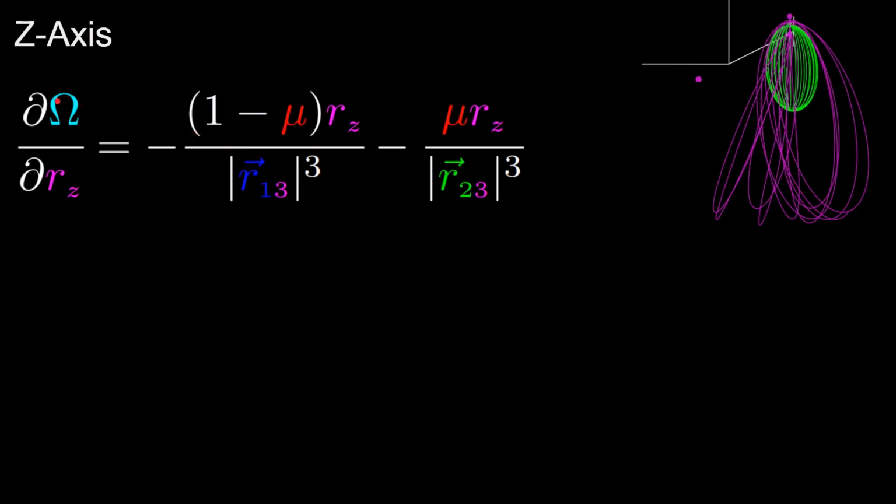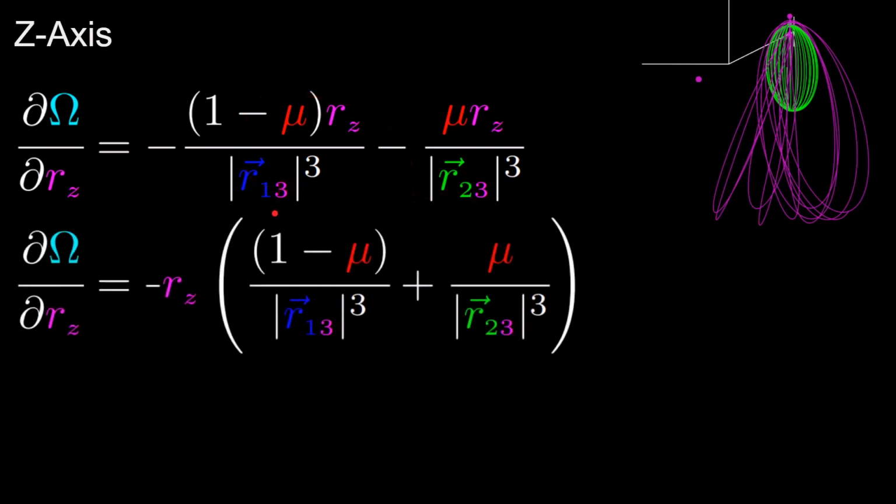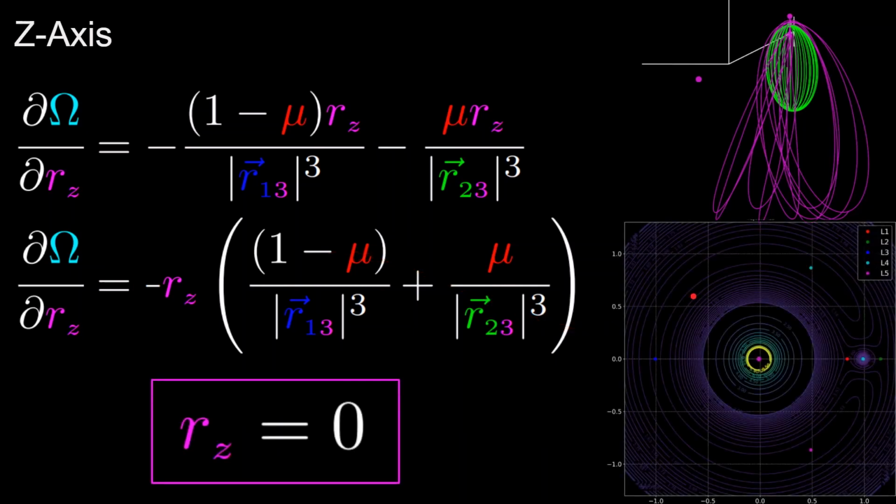So we'll start with a partial derivative of the pseudo-potential with respect to z, which we must make equal to 0. So we can first factor out that negative rz from the expression, leaving us with two possible terms that could be equal to 0, where the first one, rz equals 0, is a valid solution. And next, if we look inside the parentheses, we notice that 1 minus mu is positive, the norm cubed of R13 is positive, mu is positive, and the norm cubed of R23 is positive, meaning that this entire expression has to be positive and therefore can never be equal to 0. So from this, we can conclude that the only way that the partial derivative with respect to z can be 0 is if rz is 0,